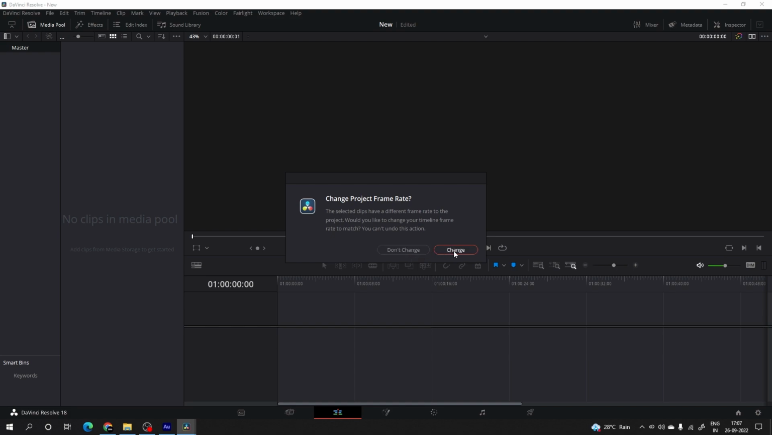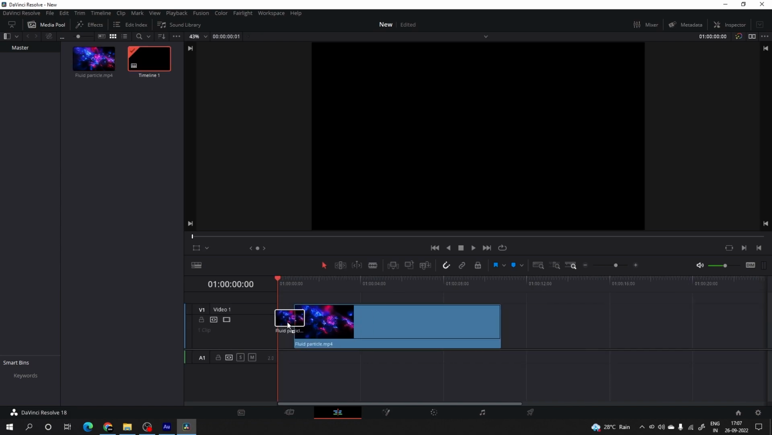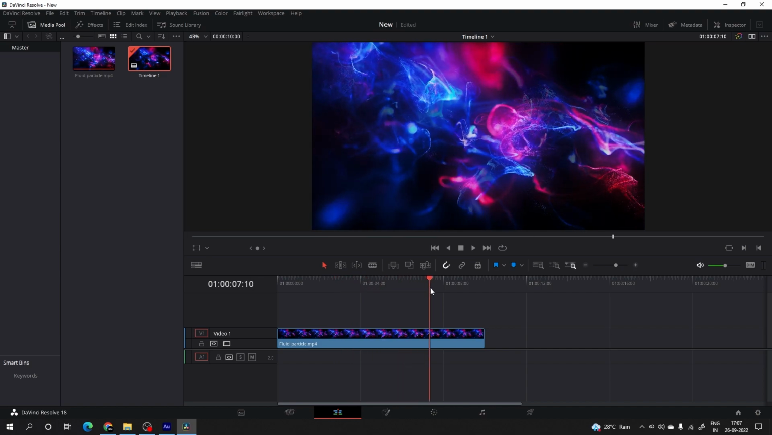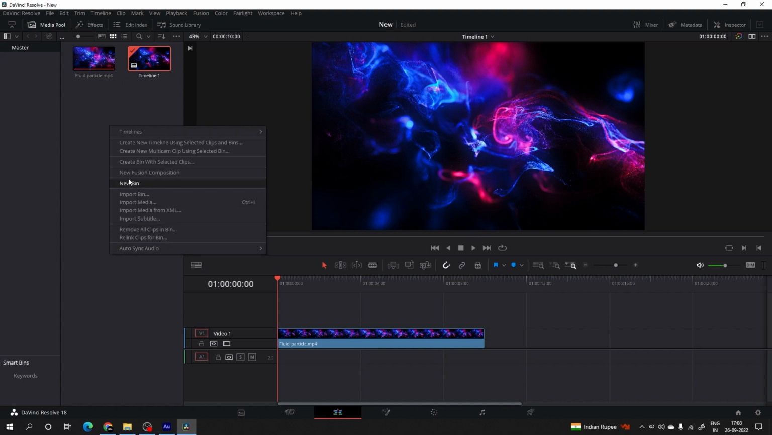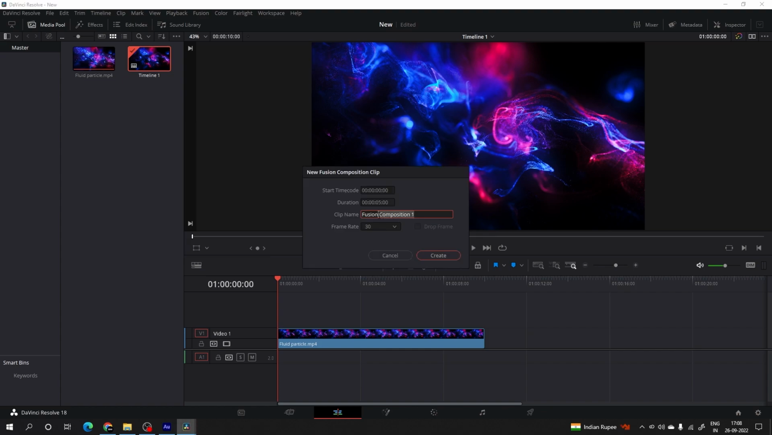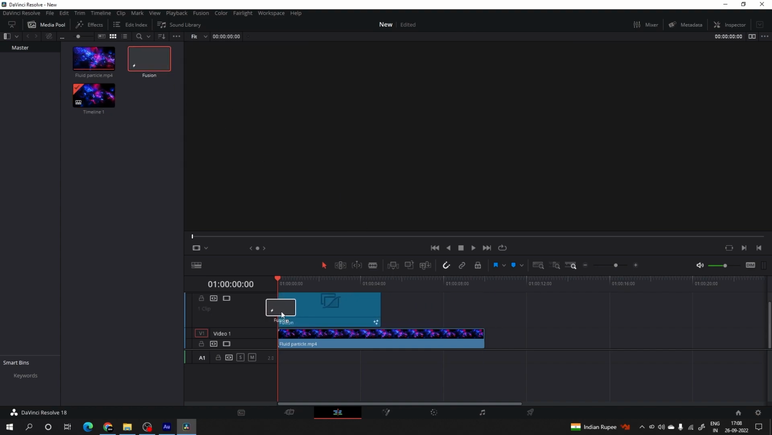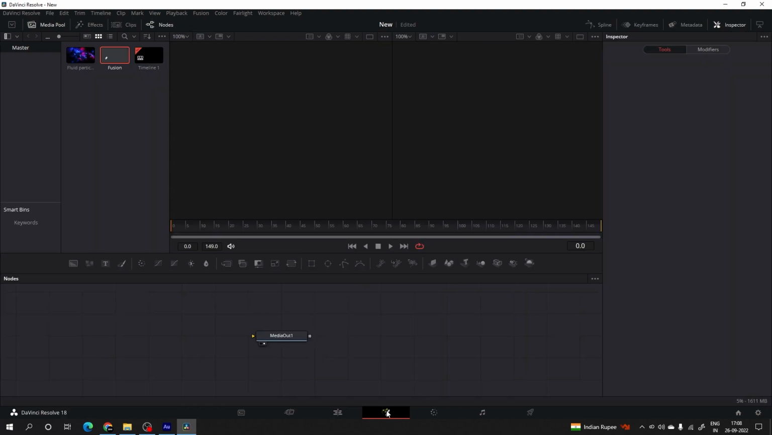I want to click on the change button. Now just drag and drop the fluid particle background on the timeline. I'm going to quickly create a text animation on this background. So it's very simple again. Just go to the media pool, right click on that, click on new fusion composition. Let's call it fusion. Duration, make it 5 seconds long, click on create. Now let's drag and drop the fusion composition on the timeline and just go to the fusion page, and here